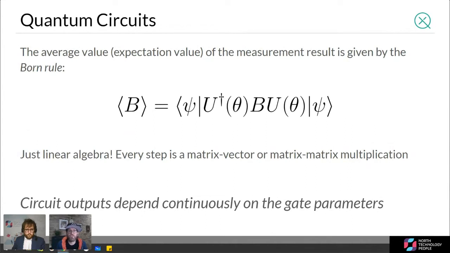For example, the psi here and the U's are just vectors and matrices. So every step is just linear algebra, just like with deep learning. It's all linear, so you can absolutely train this thing. Because the outputs depend continuously on those gate parameters, the gate parameters are candidates for optimization by differentiable programming.